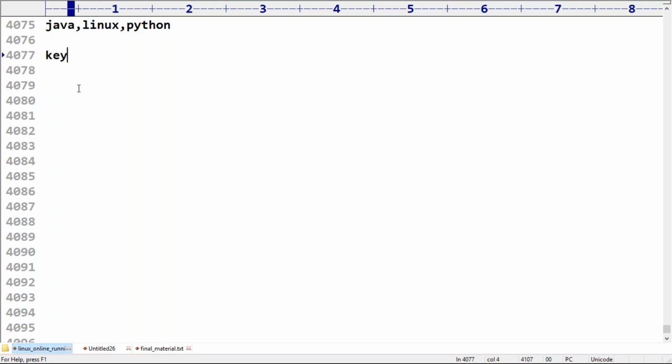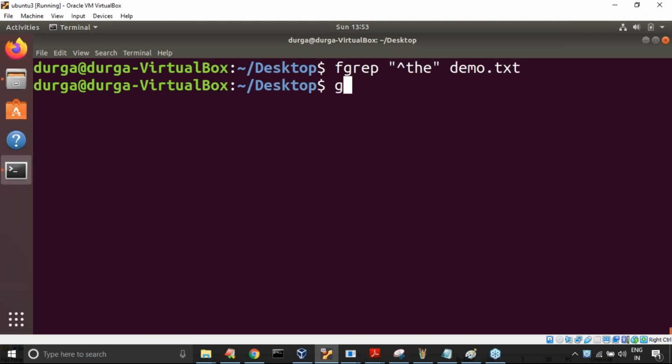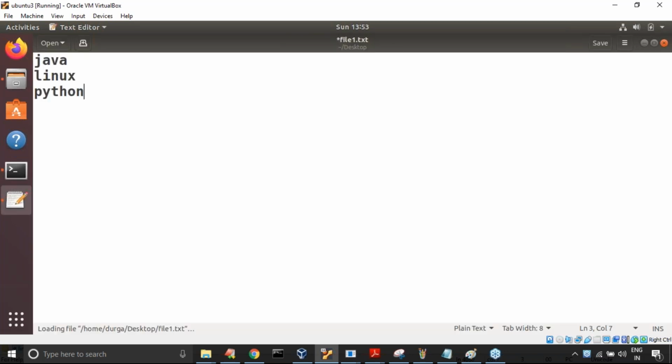The name need not be keywords.txt; any name you can use, file1.txt also, no problem. So inside, I put Java, Linux, and Python. Let me save inside a file, using gedit file1.txt.